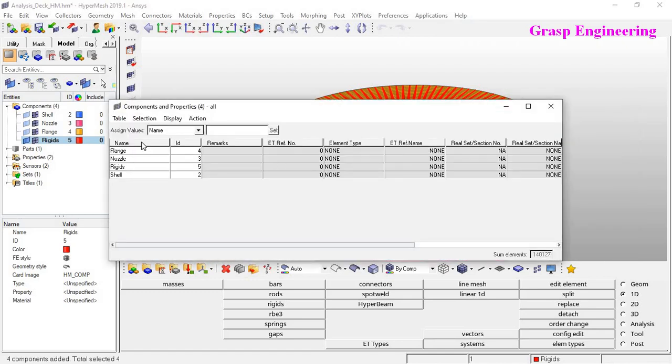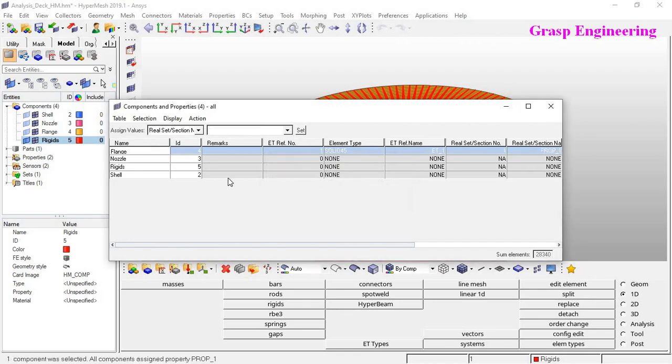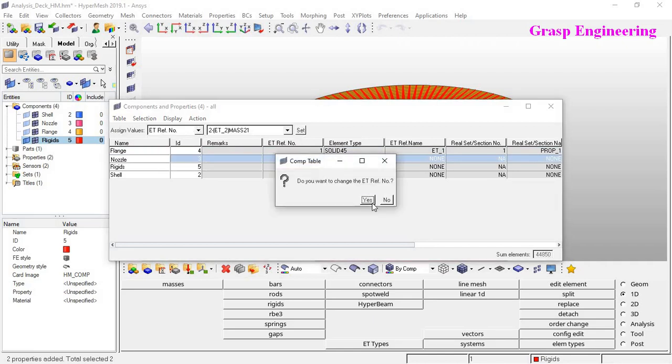Now select shell, flange, and here element type, the first one set, yes, and real set, properties set, yes. Okay, so you can see like element type is defined, element type number, real constant set is defined, real constant number. So similarly repeat for the same set.